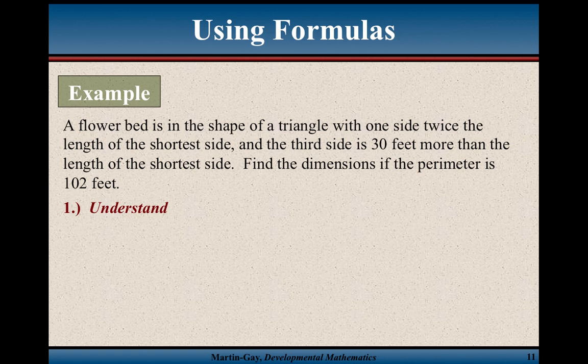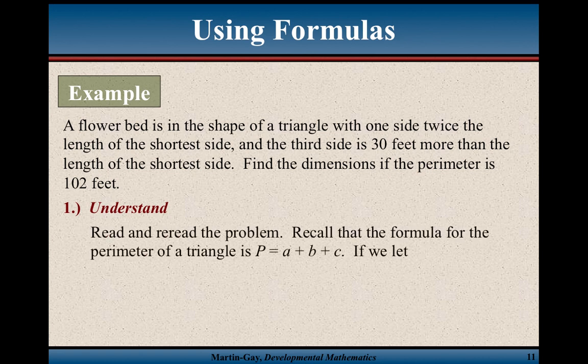Okay? Kasi daw, yung one side, twice ng length of the shortest side. Okay? And the third side is 30 feet. Okay? Hindi pa natin alam yung dalawang sides. Then, 30 feet more pala than the length of the shortest side. So, find the dimensions if the perimeter is equal to 102, yung addition ng lahat ng tatlong sides na yun, ang total nila ay